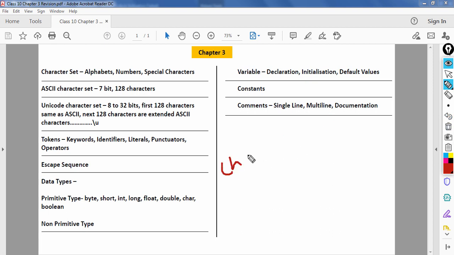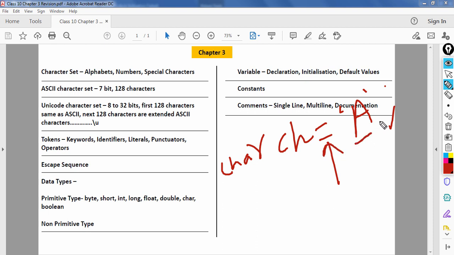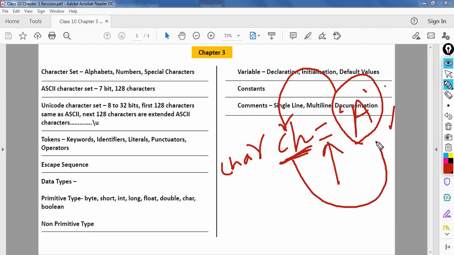If I write char ch =, this is the assignment operator. So the character literal will be assigned into this container. ch is a container, or variable. So the variable ch will store the letter A. This is known as variable declaration, and when you use the equal to sign, that becomes initialization.